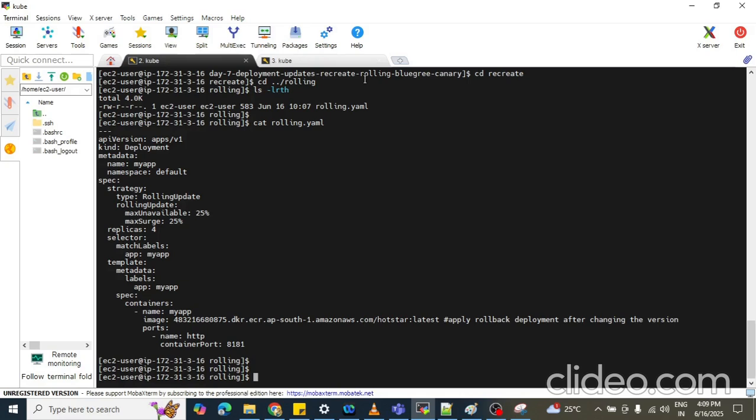I am telling you, we can get near to zero downtime, but definitely not 100%. It means we can achieve around 98 to 99% zero downtime, but not 100%. Definitely, we will get some downtime while upgrading our application with the help of rolling updates.